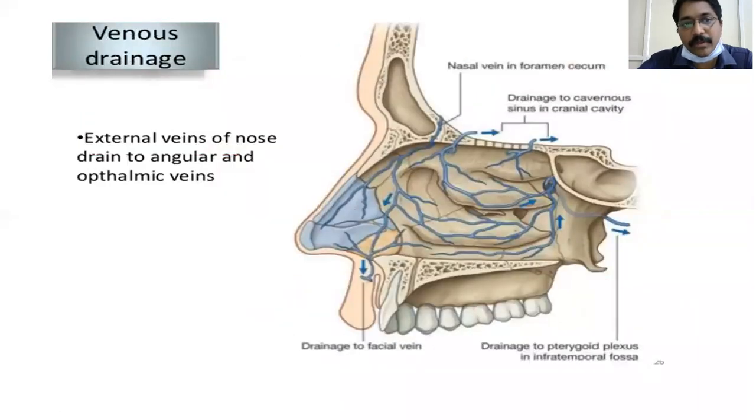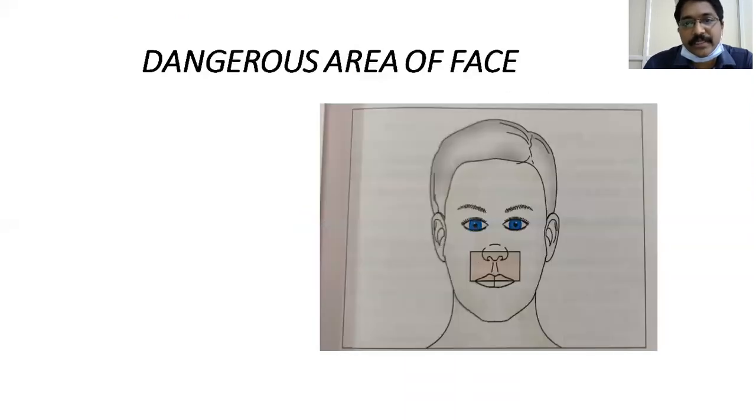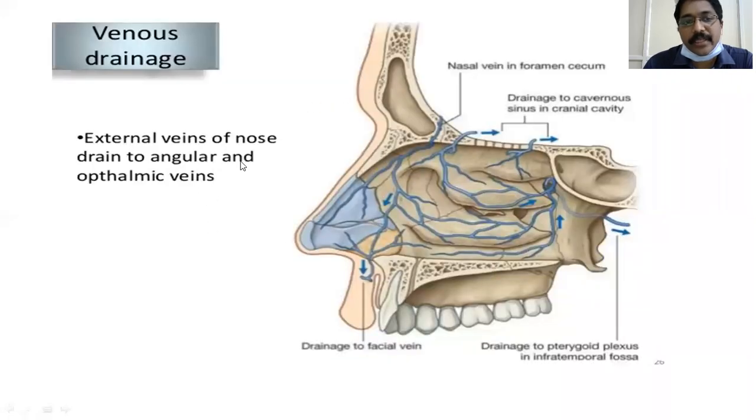Now this is an important one, venous drainage. External veins of the nose drain into the angular and ophthalmic veins. Those drain into the cavernous veins. That's why it is called the dangerous area of the face: the lower part of the nose, the philtrum and the upper lip. This part is called the dangerous area of the face because it drains into the angular veins and ophthalmic veins, which in turn drain into the